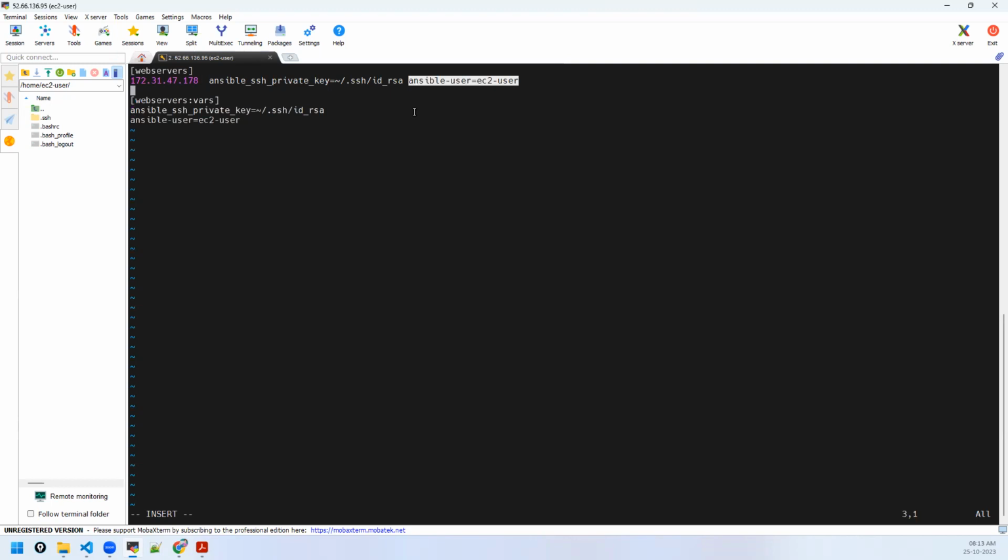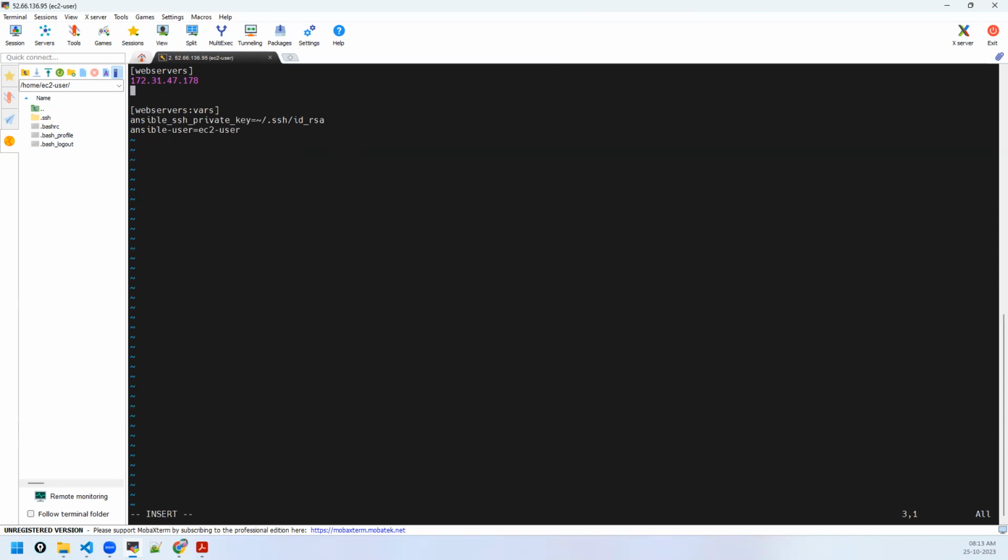And you don't need to provide that information for each server separately this way. You may list any number of servers here, let's say server 2, server 3's IP, and so on. All of them will be referred to as the webservers group, and all of them are using the same private key and same user. If users are different, you have to mention it beside that. This is our static inventory as of now.